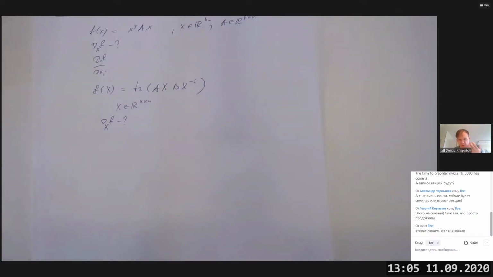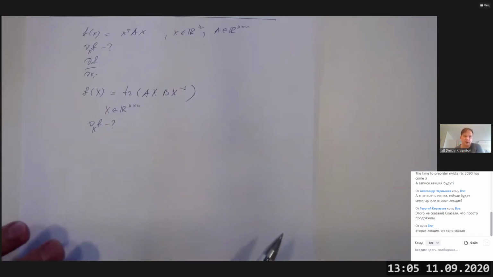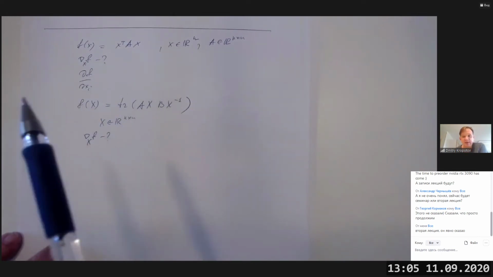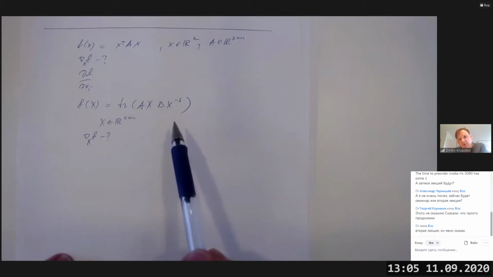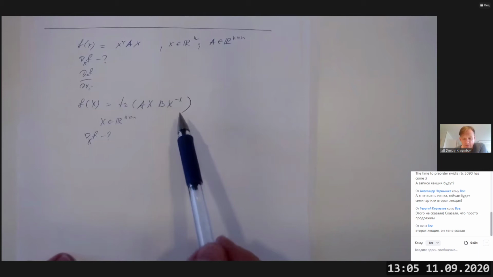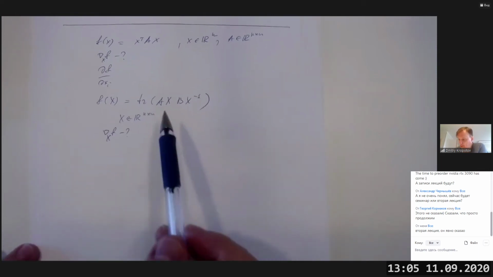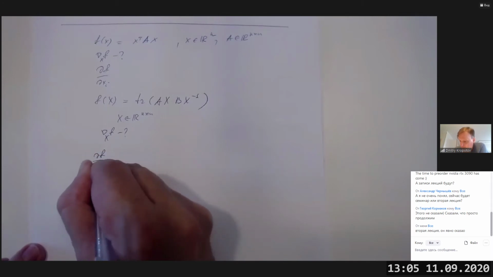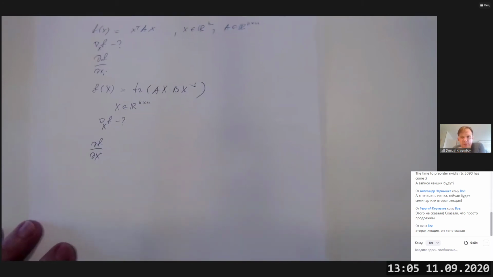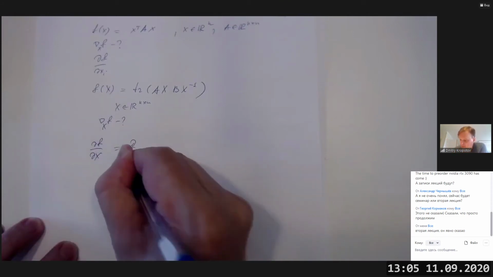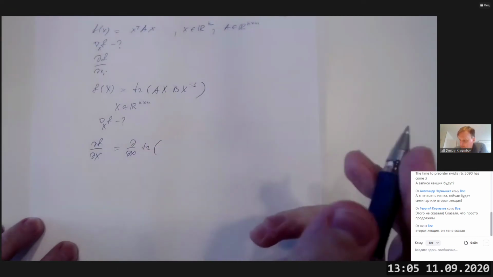And what we need to do is to understand how can we calculate this gradient directly in terms of matrices or in terms of vectors. So for this particular example, we would like to calculate the gradient of f with respect to x, where now x is already a matrix. So the gradient with respect to x of this trace,